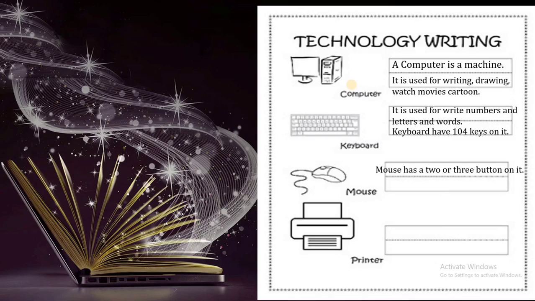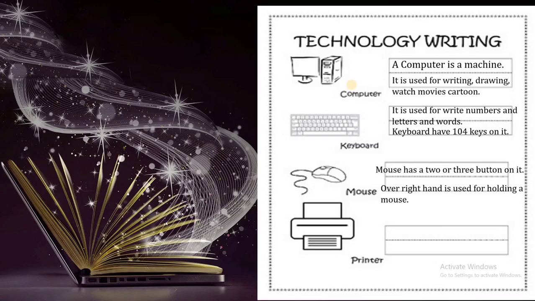Okay? Now the third picture is a mouse. A mouse has two or three buttons on it. It is a correct sentence, right? Our right hand is used for holding a mouse. It is also a correct sentence, because only the right hand is used for holding a mouse. We cannot use the left hand to hold a mouse. Also remember that whenever you sit in front of your computer, you have to put your right hand palm on the